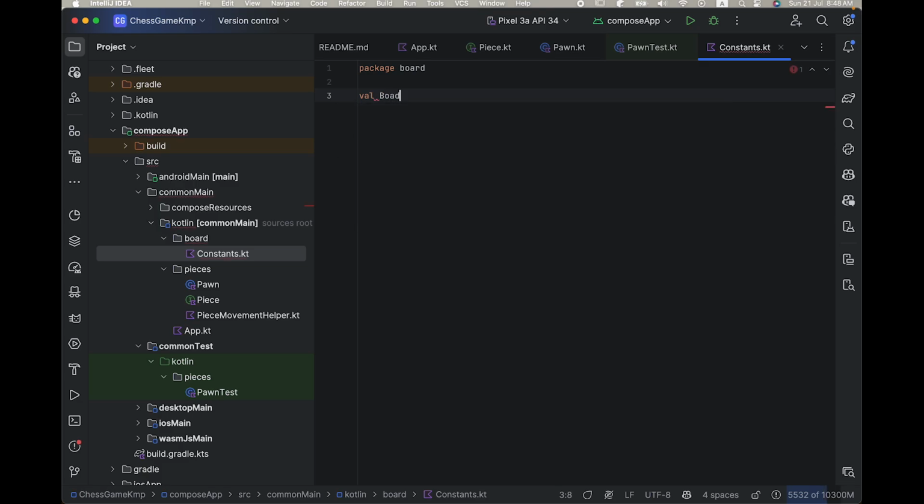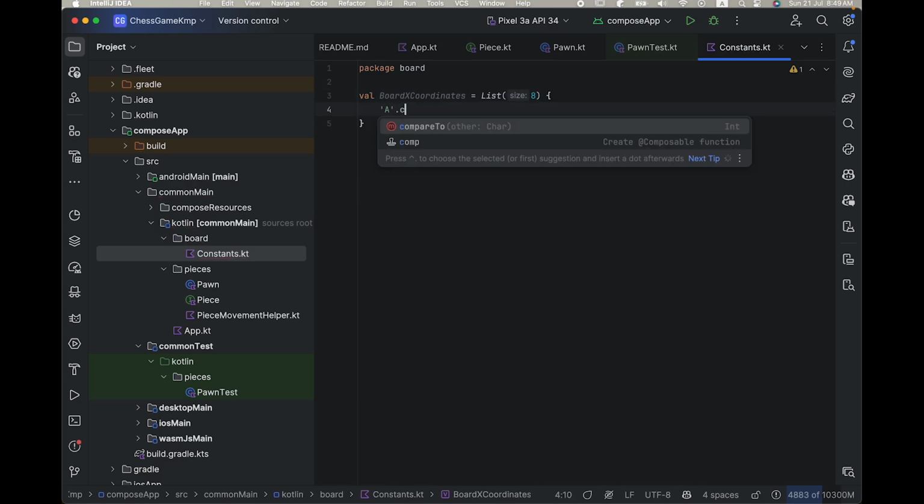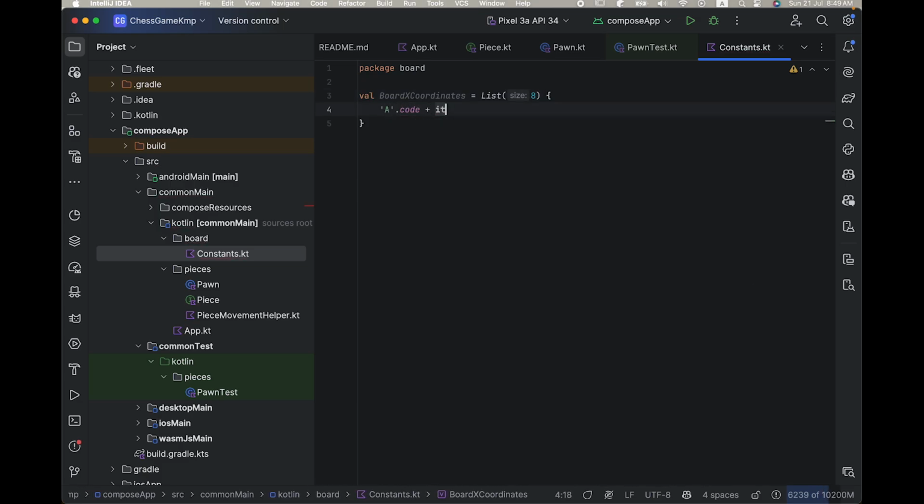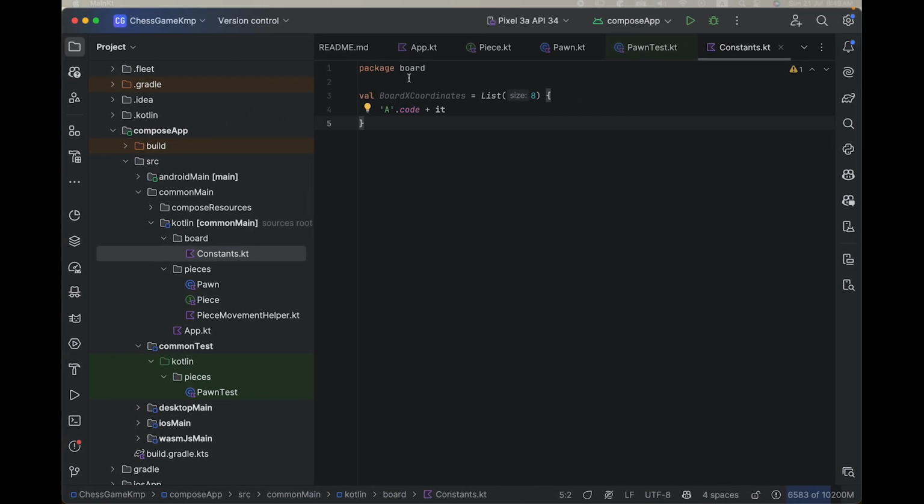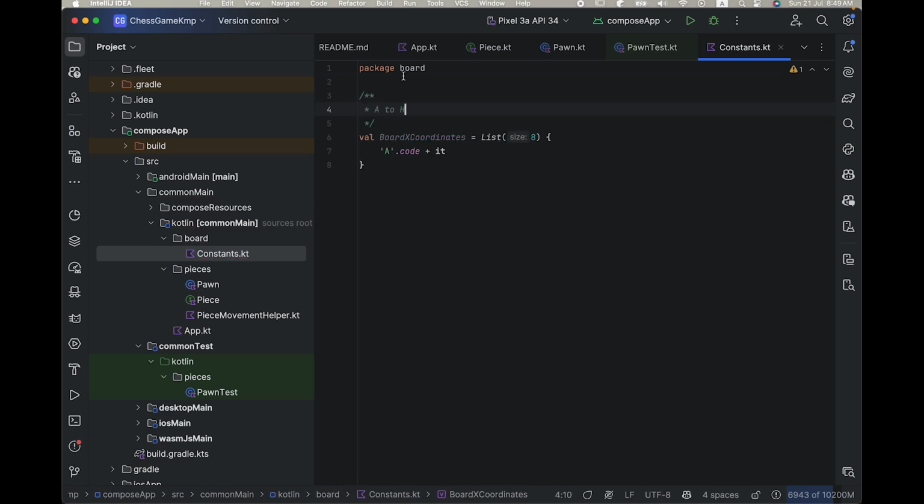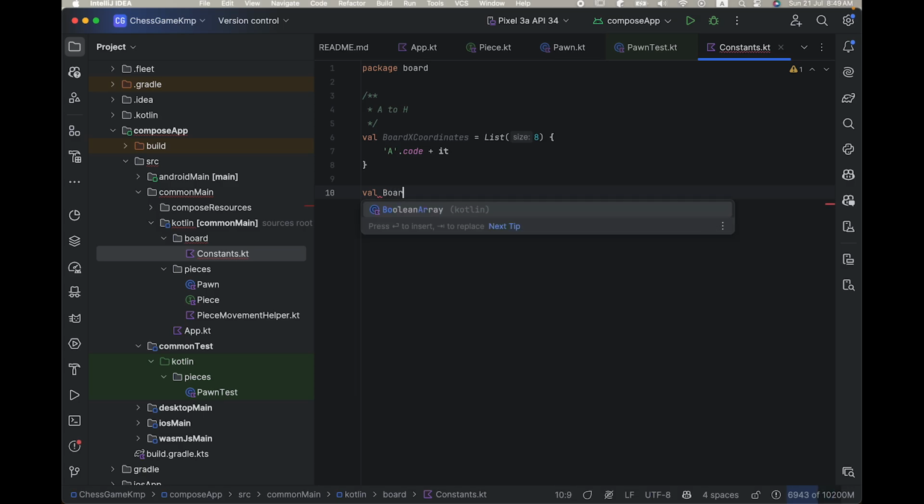So I'll create a val called boardXCoordinates, which is a list of 8. And what I'm going to do is we'll have the char 'a' code plus 8. So this is going to generate the char code for all of those characters from A to H, which is the coordinates of the chessboard. So this one is going to be from A to H, and you will have boardYCoordinates,